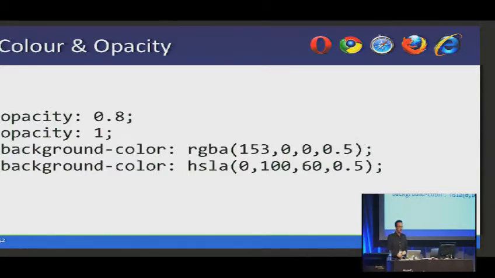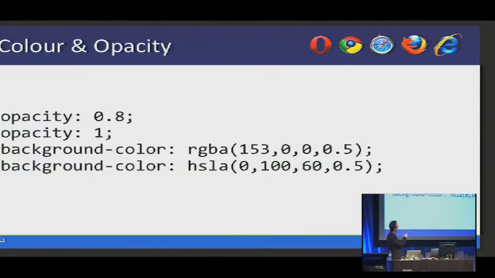And it uses a point. So that's 80% transparent. Sorry, 80% opaque, and the one below is like completely. The next two, the RGBA and the HSLA, allow you to apply a background color to an element, but apply a bit of transparency to that background color. So I'll just talk about the RGBA because no one really uses the HSLA one, but you can if you're that way inclined. I don't know why you would.